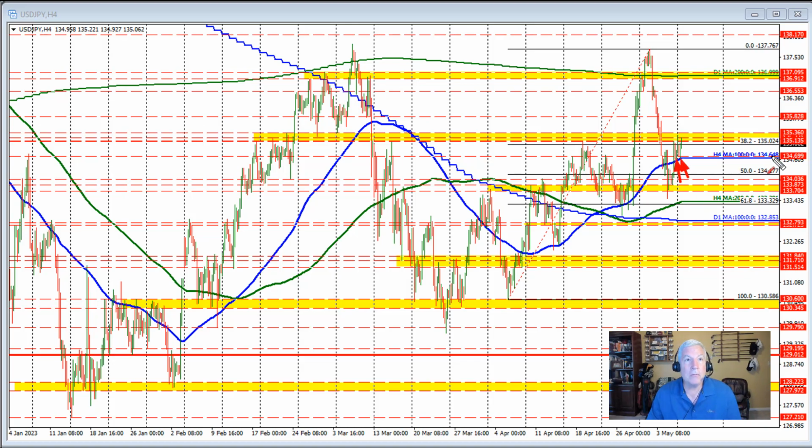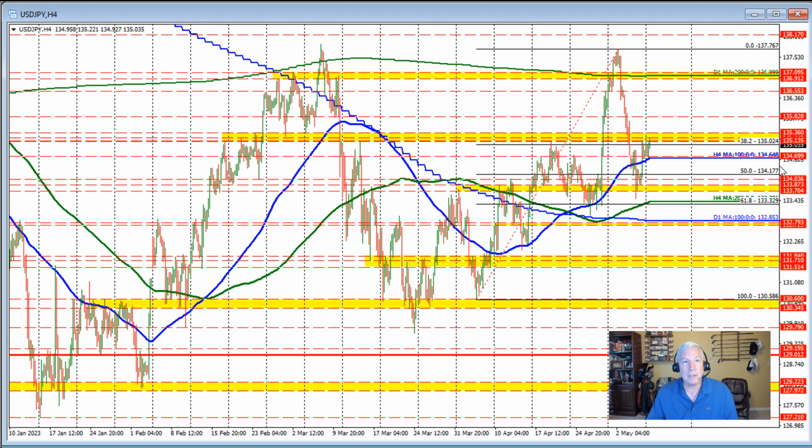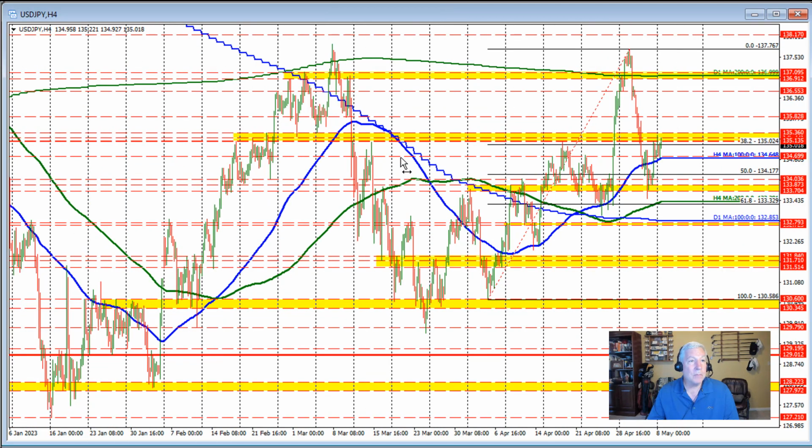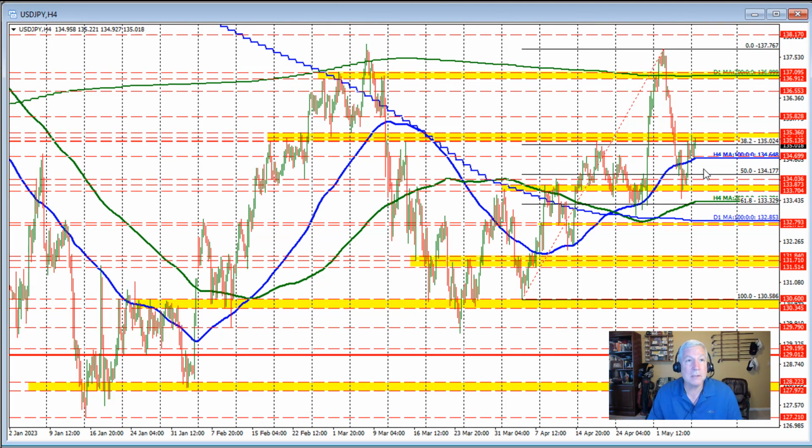That currently comes in at 134.648. So we need to get below that level on the downside in order to push further toward probably the 50% retracement. That's this level right here, 134.17. So testing the 100- and 200-hour moving average on the top side currently. That's these two moving averages. Get above the 135.36 level, more bullish. On the downside, on the 4-hour chart, move below the 100-bar moving average right here at the 134.648 level, increases the bearish bias. So the battle is on